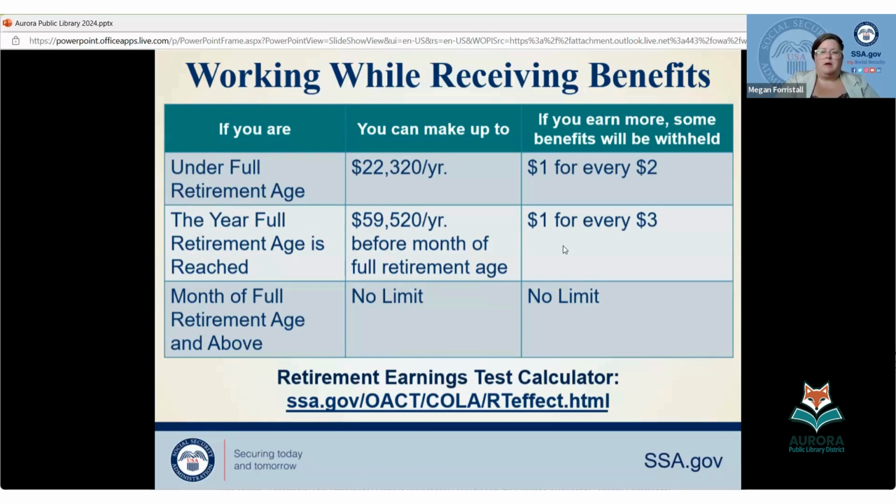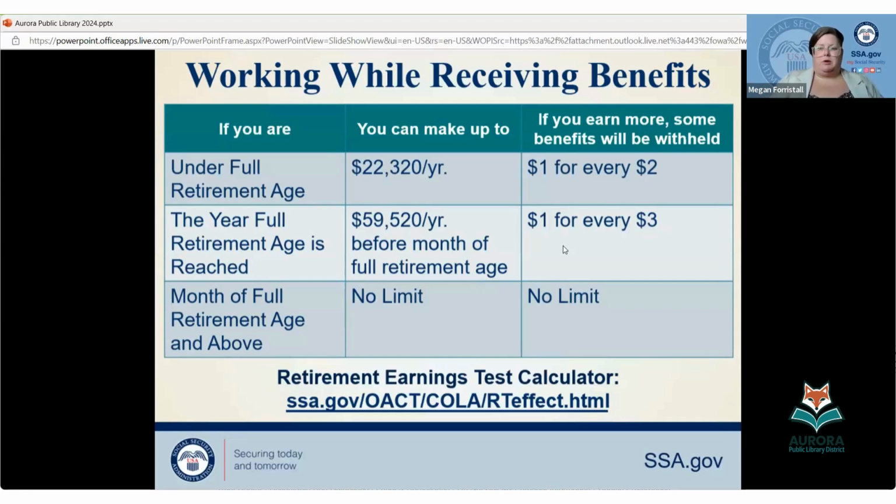So if you're just a little bit over the limit, you might say, I'm still going to go ahead and file. And let's say we held those two checks in work suspense. What we do at full retirement age is recalculate your benefits, almost like you took it 2 months later. We get rid of what we call reduction factors for taking it early. And that's fine. But if you are $70,000 over that earnings limit, you're probably not going to want to file, right? And that's the situation where you're working